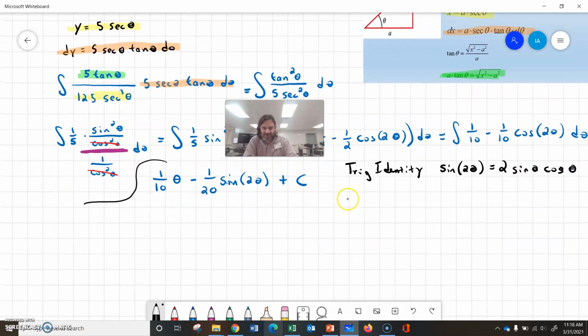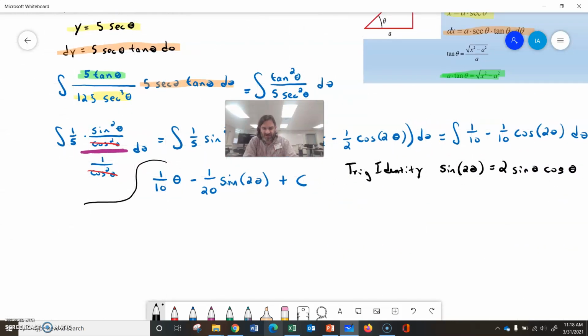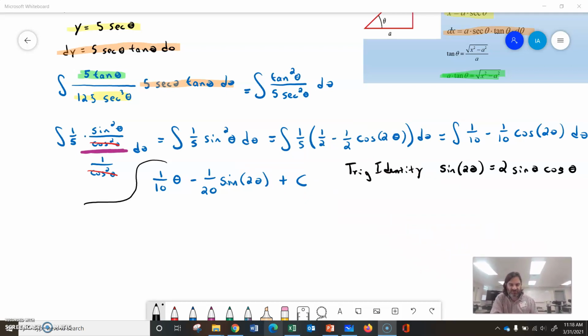Okay, so just let me write it. We'll have to go back up and down to reach our formula. But let's see here. So we're going to have 1/10 theta minus 1 over 20 times 2 sine theta cosine theta plus c. So let's go back and grab the things that put this in the terms we want. So we're going to have 1/10,